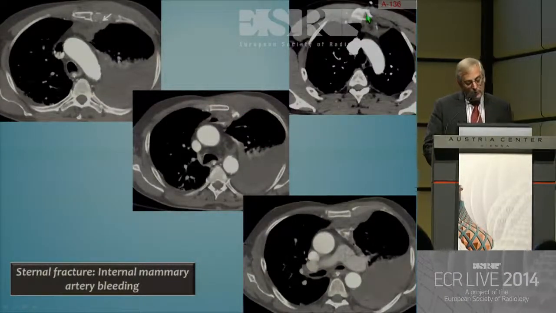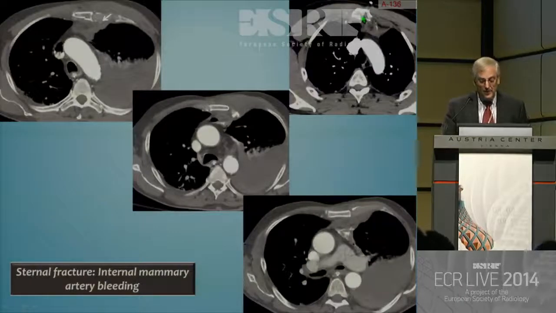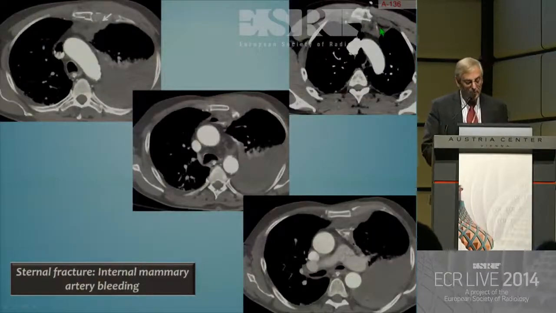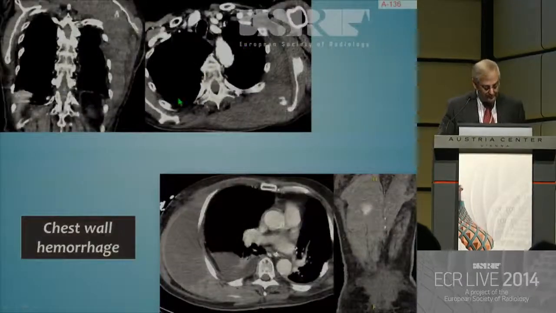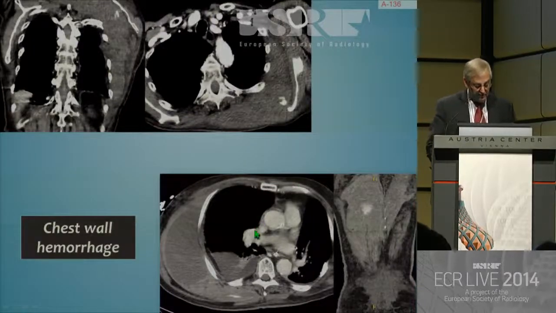Here's another one that's more typical. It's again associated with a sternal fracture. Here's the bleeding point, and there's a small hematoma around it, which at least at this point in time is under control. Now, here's a situation. We have two different patients, and both of them are bleeding. You can see this patient down here has a very large body wall hematoma, which may take a while to